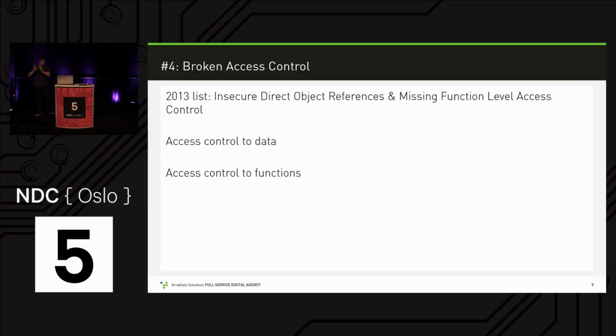When you have a form and that form can only be loaded when you are authorized, but when that form is posted back to the server, you just assume, hey, how should someone know that there's a form to post back, so I do not need to authorize the post request? Oh, yes, you do. Same thing goes for data. So if you have some secret information, if the only thing secret is the link or the URL, maybe it's not good enough. I mean, the OWASP top 10 is a list of risks, and with all risks, you have to do risk management and decide, okay, do I have to invest resources to mitigate that risk?